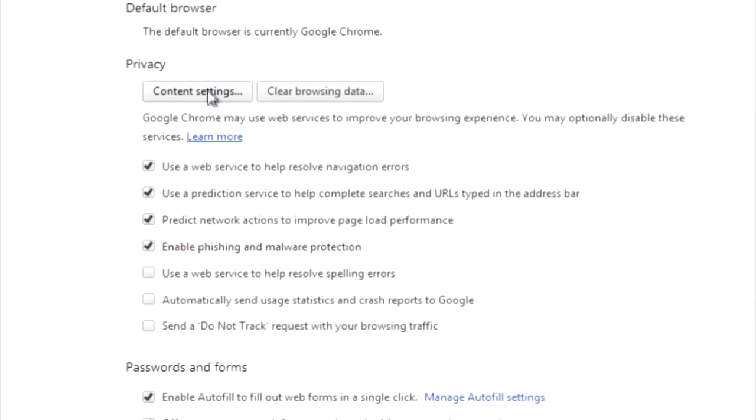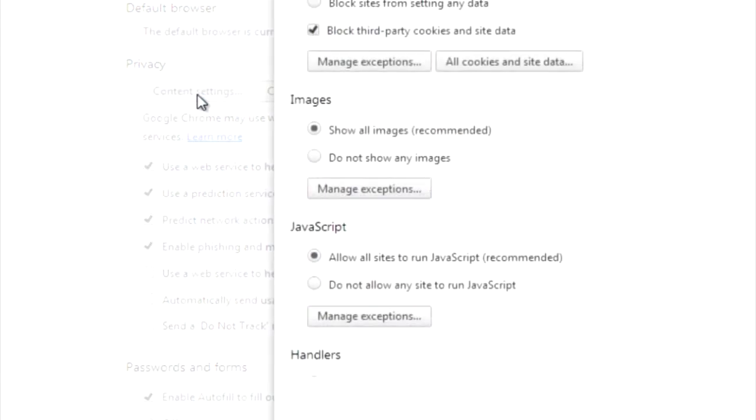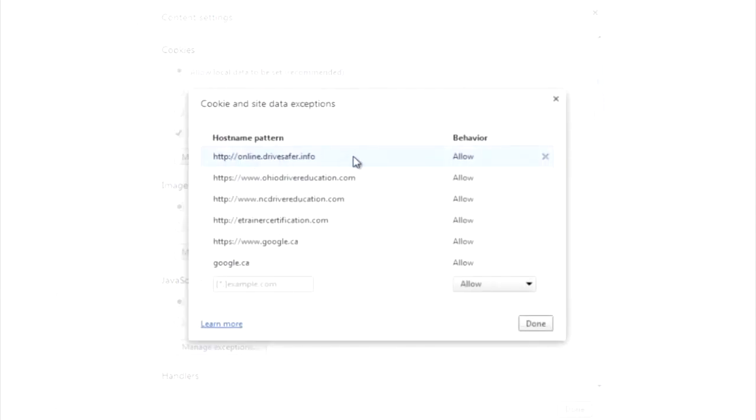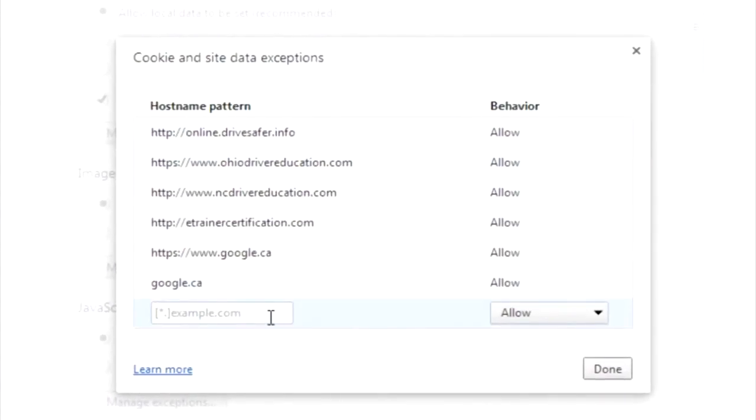There should be a button right beside it called Content Settings. Click on Content Settings. You're going to see a window that opens up and you'll see cookies. This is going to allow you to set your cookie parameters. There is a button that says Manage Exceptions. Click on Manage Exceptions. What will open up is a window that will allow you to enter the trusted sites